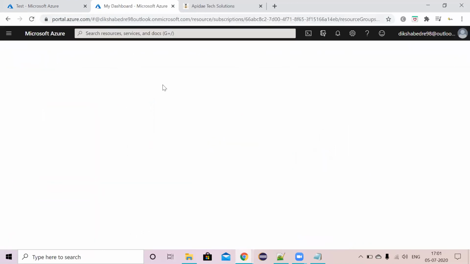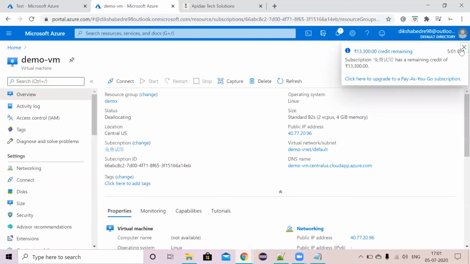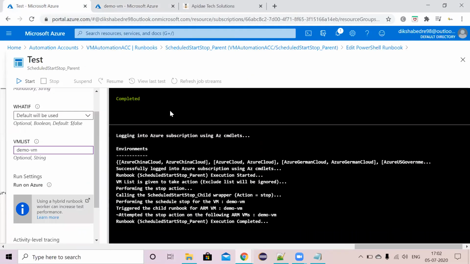So you can see both are invisible. Now I refreshed the whole page. I will see that it gets stopped. It's invisible and it gets stopped. It will take some time for starting also. Then after some time the start button will become visible. So this way we can start and stop VMs, and we can schedule.